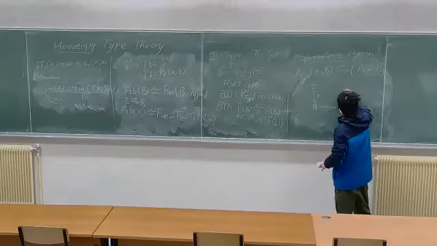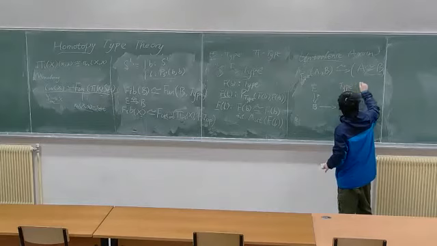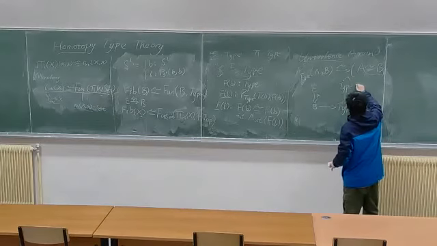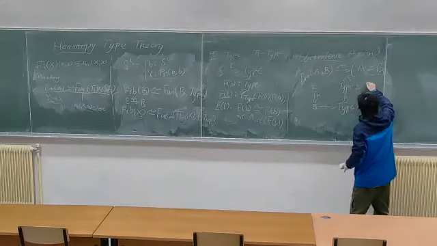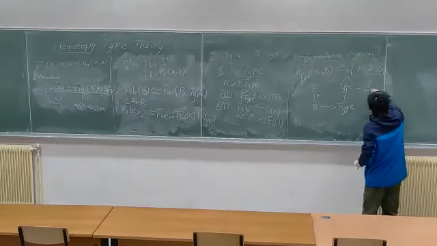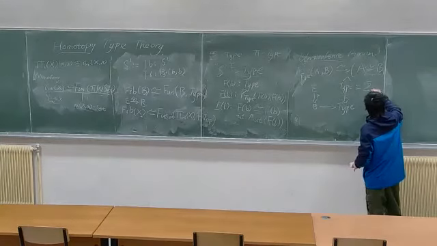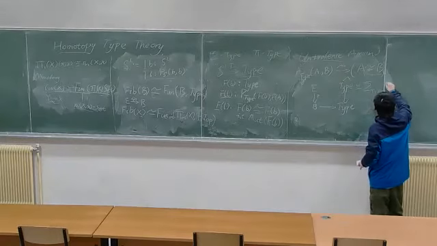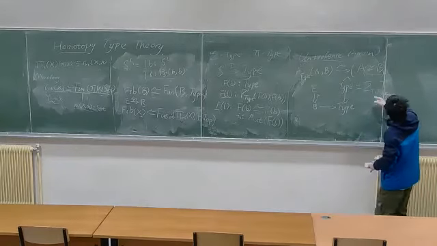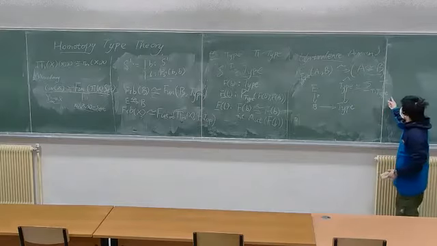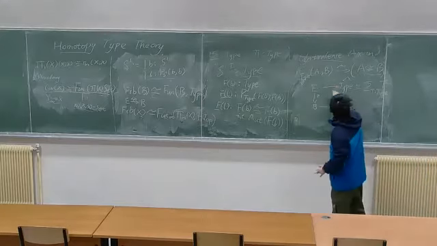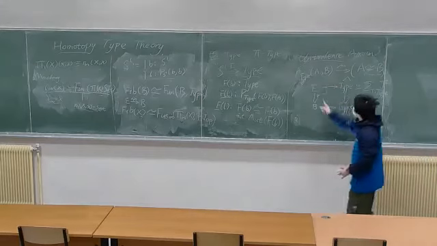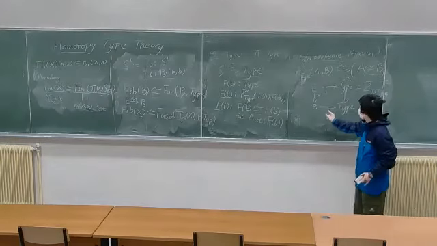So there should be a univalence bundle, which is defined very easily. We just pick a type, and its fiber is T itself. So this is just a pullback of this